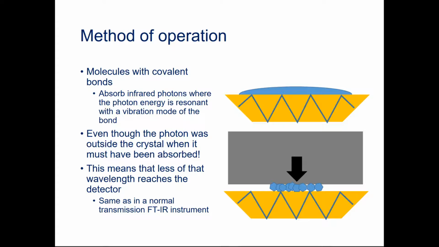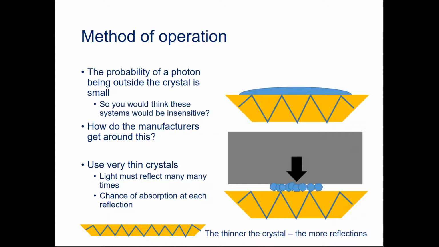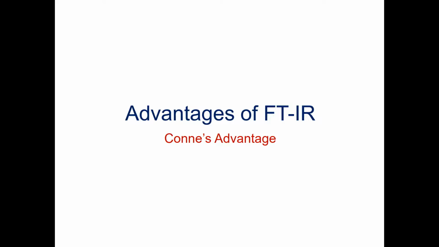For molecules with covalent bonds, less of the wavelength reaches the detector, and therefore they give a weaker signal in the spectra. The probability of a photon being outside the crystal is small, so the results may not be 100% accurate. To reduce this uncertainty, they use very thin crystals to increase the chance of a photon being outside of the crystal. Over the next slides, we'll be discussing the advantages of FTIR, starting with Connes' advantage, to do with